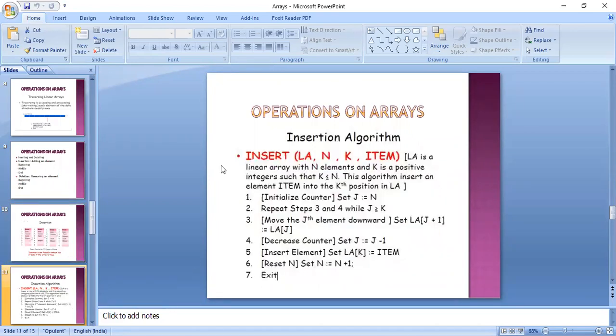So this is the algorithm for the same. Firstly, we have to initialize the counter. That means we have to set j equals to n, and we have to repeat step third and fourth.